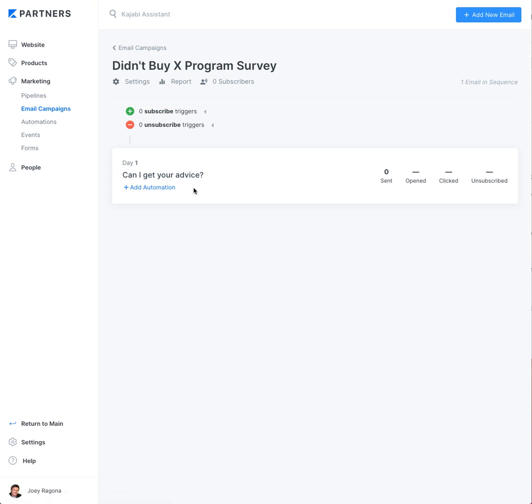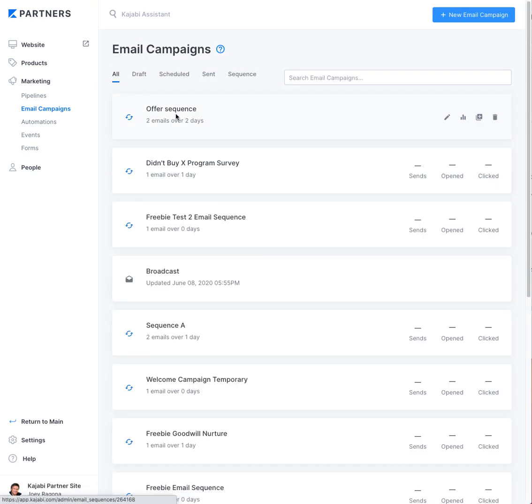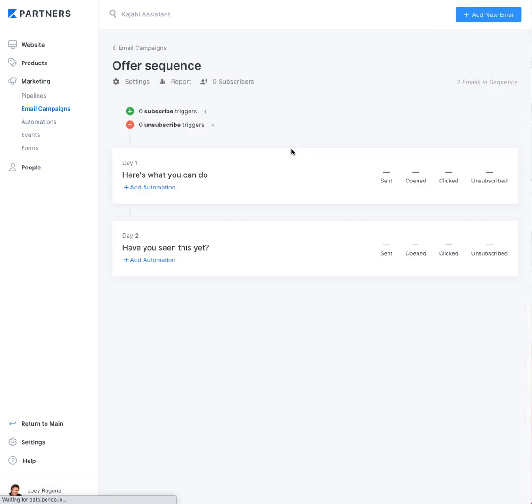But this is where I want them to go. Let's pretend this is a survey, and it goes to an assessment or whatever, right? So that's where we want them to go, but we only want non-buyers here. So what we're going to do is go back into the offer sequence and edit that one. At the end of your sequence, or the end of the last email, you're going